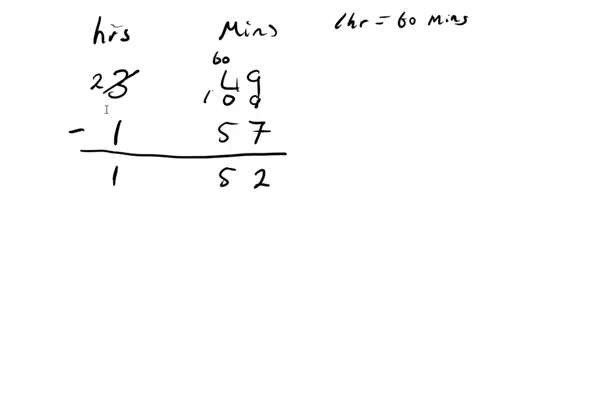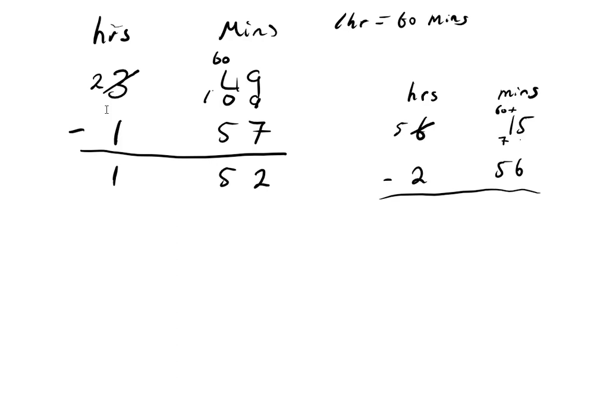Let's take another example of that. So this time we'll have hours, minutes, 6 hours, 15 minutes, 2 hours, 56 minutes. Let's take them away. So again, when we look at it, 5 take away 6, we're going to have to borrow from the hours. So let's do that now this time round. So change our 6 into a 5, and we bring across 60, which we add to our existing 15, giving